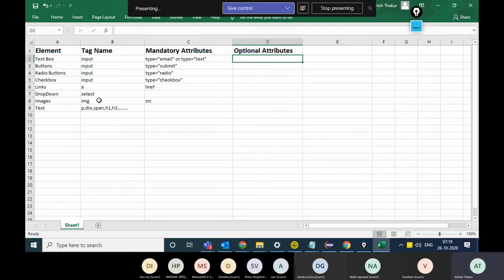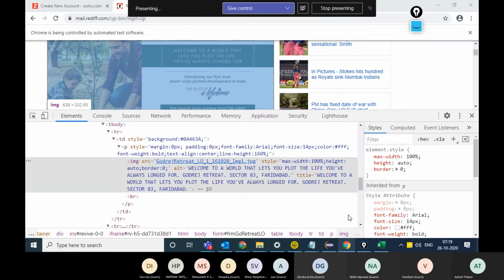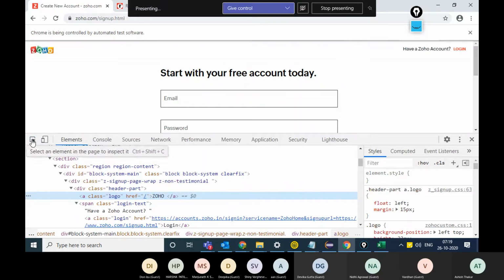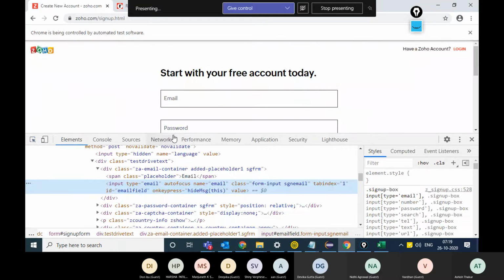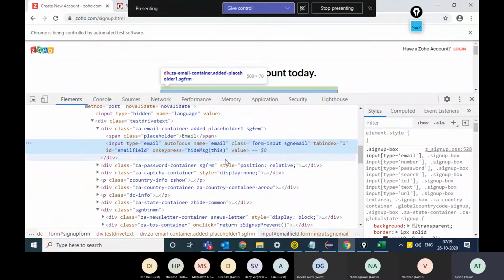Now over here, apart from these mandatory attributes, you also have a few optional attributes. For example, in case of a text box, you will have this name attribute or the ID attribute.